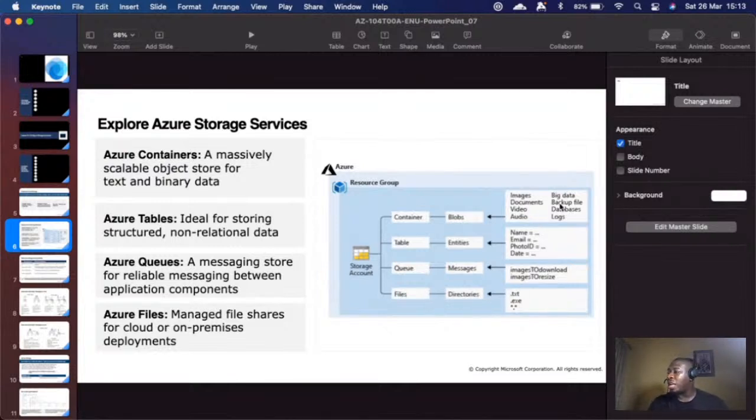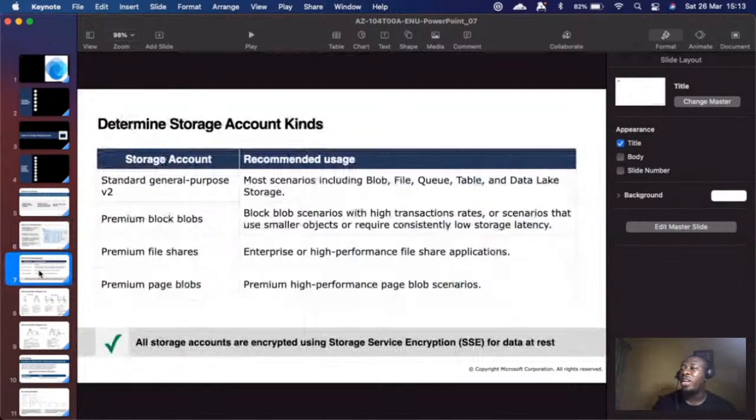Now, if you look at the last column here, this talks about the sample data that could be added into any of these features. So you can see, for instance, for your Azure blobs, you can store things like images, documents, video, audio files. You could also store big data backup files and your database logs. Those are examples of things you could store in your blob under the containers. All right, we'll be moving ahead.